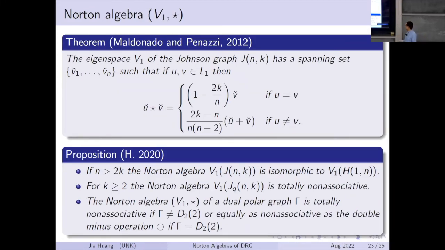So again, it's often the extreme cases: associative, or totally non-associative. But in between, sometimes we see some exceptions here, and it's equally as non-associative as the double minus operation. Okay, and